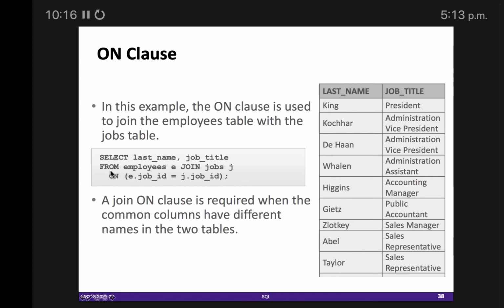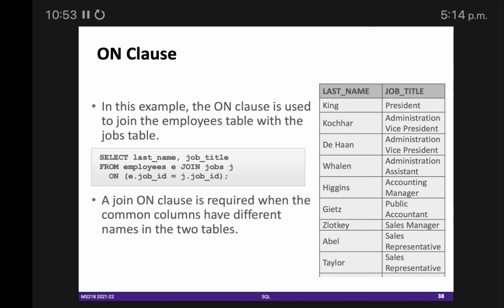Here you can see they are using from employees e, join jobs table j, and on. In ON you have to provide a condition. You are saying that e.job_id is equal to j.job_id. This is the criteria of joining. You can use the same query, so you can forget about natural join or the USING clause.